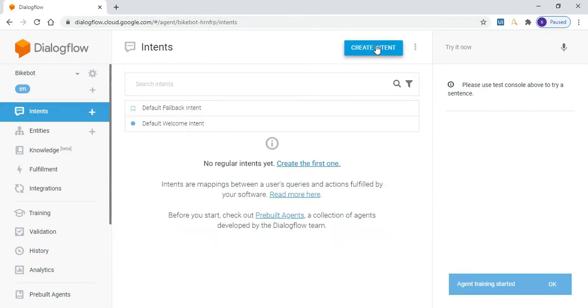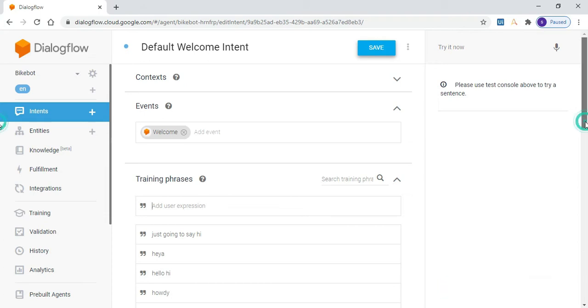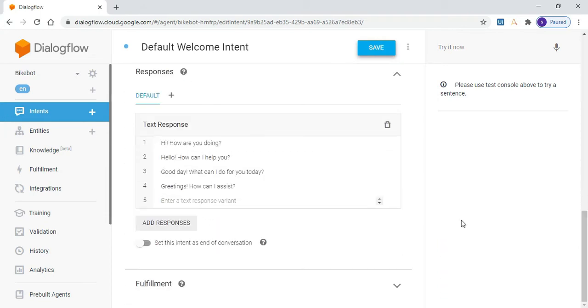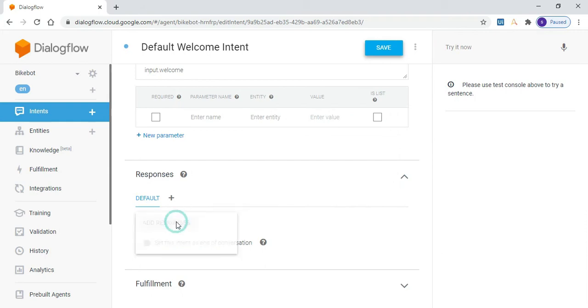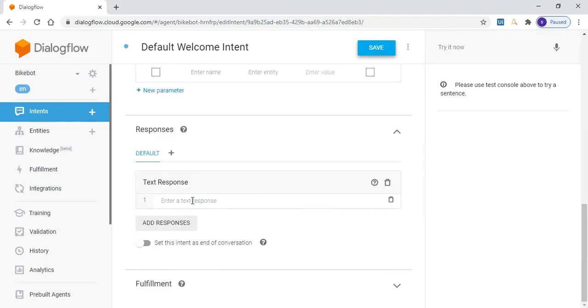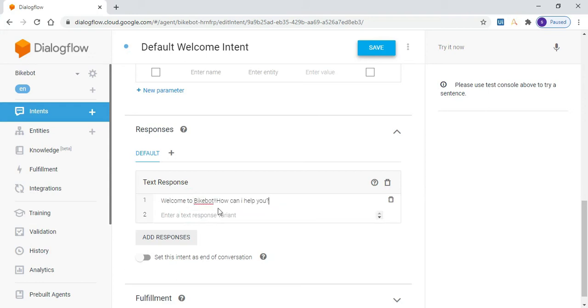Once you have created the agent, go to default welcome intent and delete all the default text responses and add a new text response saying welcome to Bikebot. How can I help you? And click on save. So once you have completed adding your text response, go to entities.